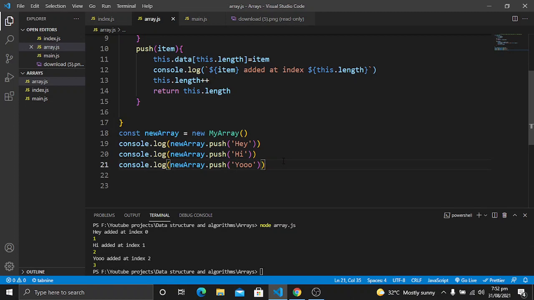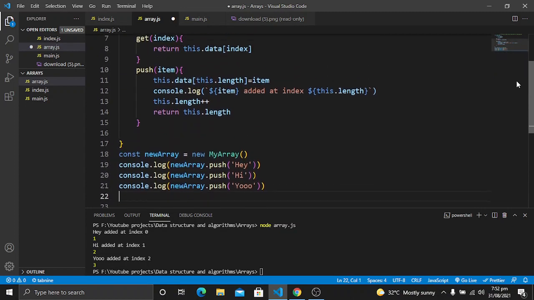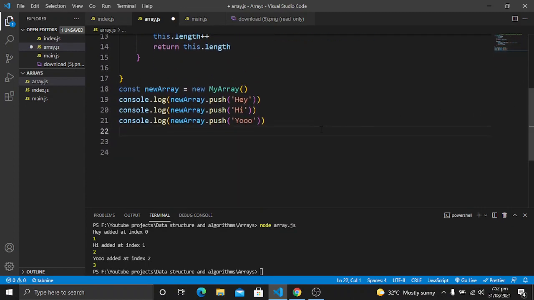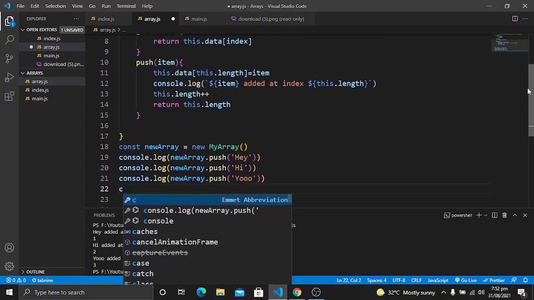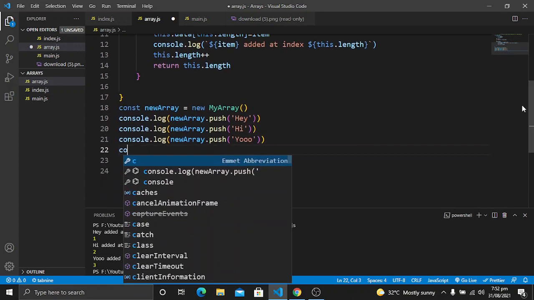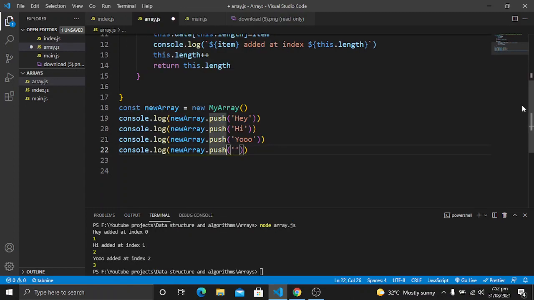Now let's use this get method. So what I will do is use console.log newArray.get.